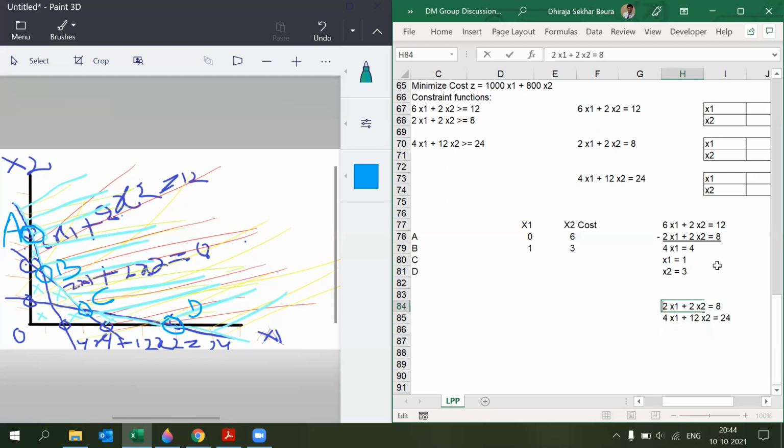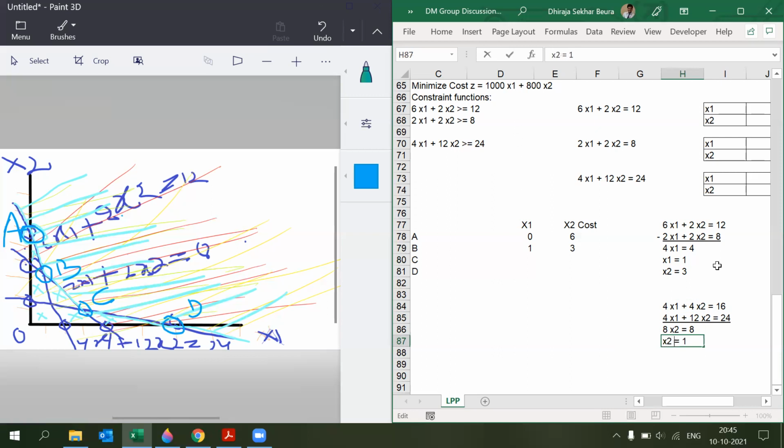Let's do first things first. Let's multiply 2 on both sides. Let's make it 4. Let's make it 16. Why did I do that? Can somebody tell me quickly? So that one of those values will get cancelled, right? Okay. 4x1 gets cancelled, and I now have 8x2 equal to 8. So x2 becomes 1, isn't it? Yeah, 1.